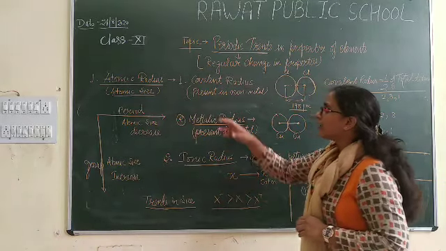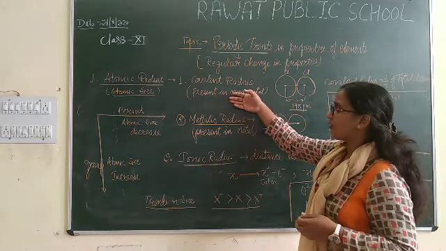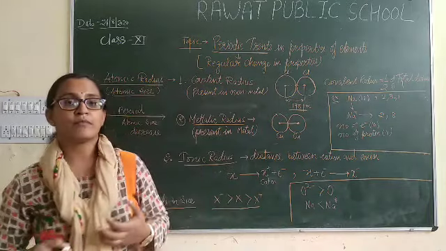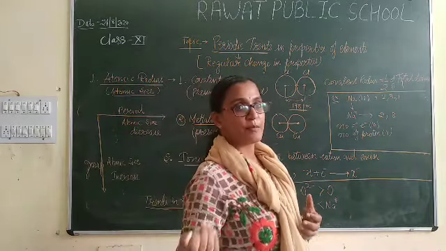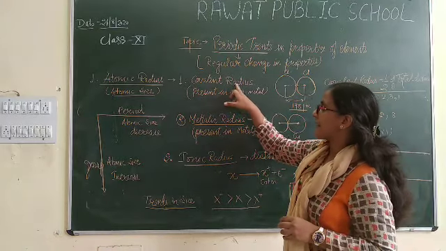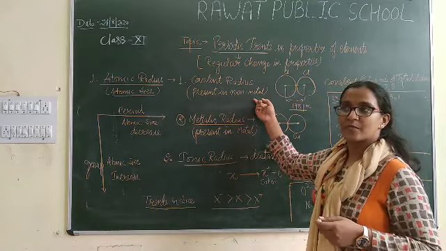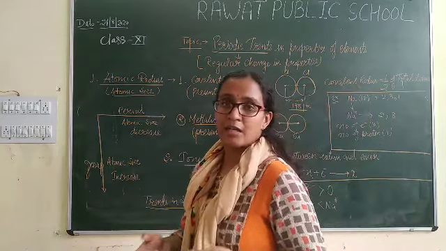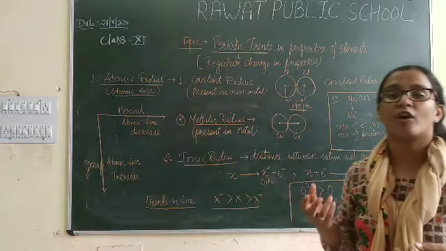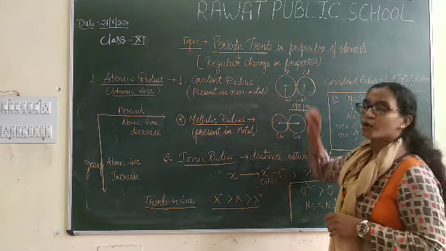This atomic radius we divide into two different parts, covalent radius and metallic radius. As we know, there are some elements which behave as metals and some elements which are non-metals. So basically, what is covalent radius? That is present in the non-metals. When non-metals are combined, for example, consider the hydrogen element. When two hydrogen atoms, H and H, are combined together, they form hydrogen gas. Same here, I will give you the example of chlorine.